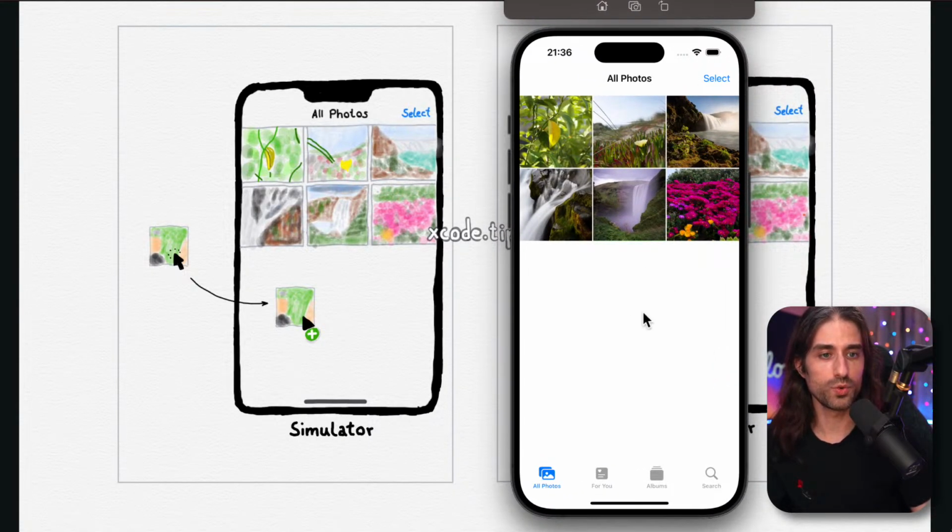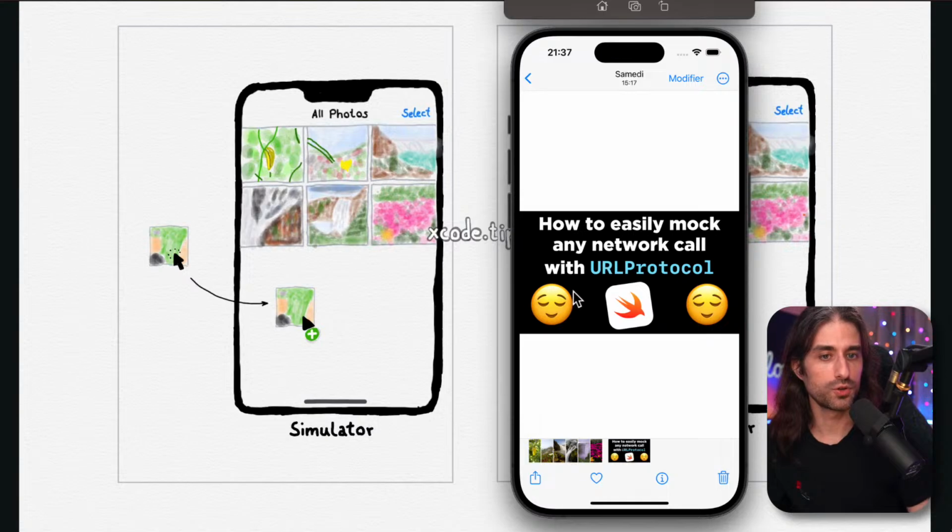So let's imagine that you want to add an image that you want to use inside an app. An easy way to do it is to take an image and just drag and drop it, and it's going to be added. So I just dragged and dropped it over the simulator, and it's been added to the photo app on the simulator. And you can see in exclusivity what tomorrow's video will be about.